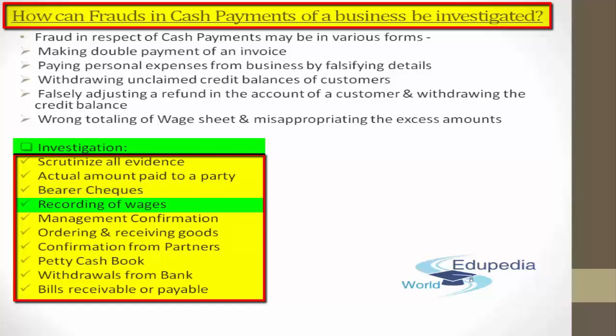Next, recording of wages. You need to review the system of recording the wages, how the same is being recorded. There are n number of factories in our country, n number of plants in our country, and there are n number of people who are still unskilled laborers and workers. So there is plenty of chance that there can be embezzlement while you record the wages. So you need to review that system of recording of wages, as there are chances of over totaling of wage sheets and entries to dummy workmen.